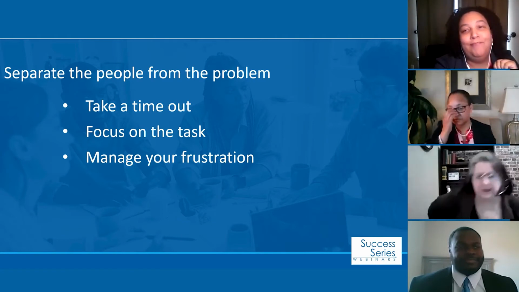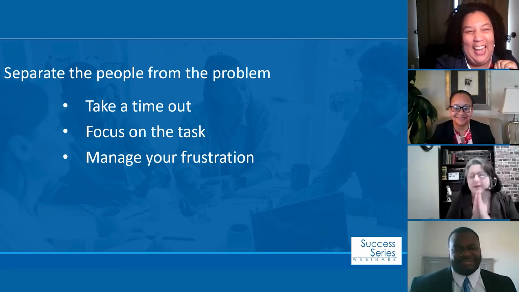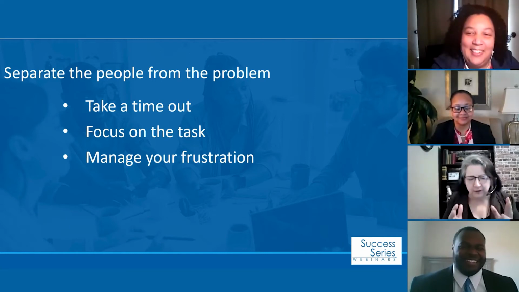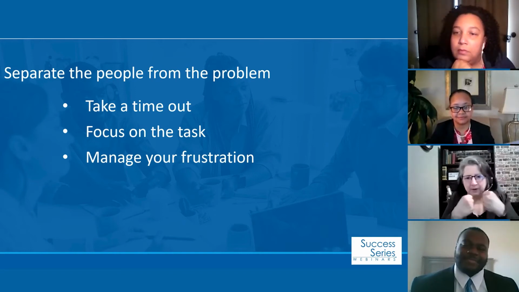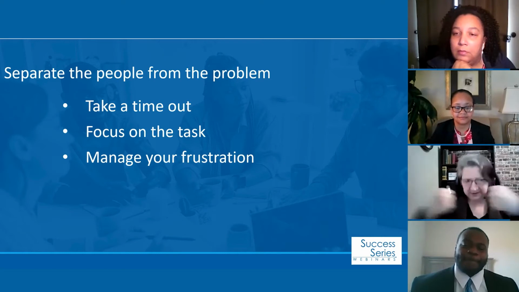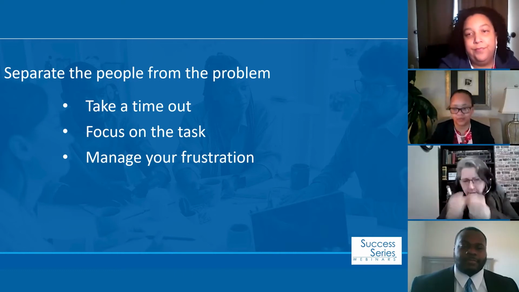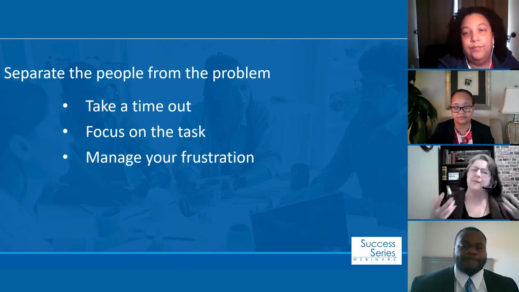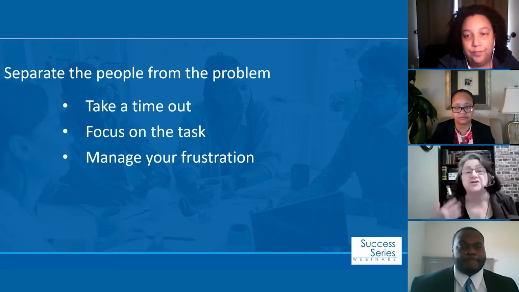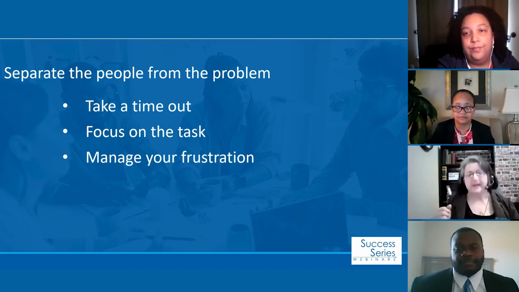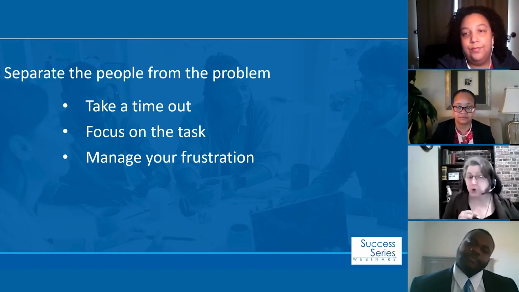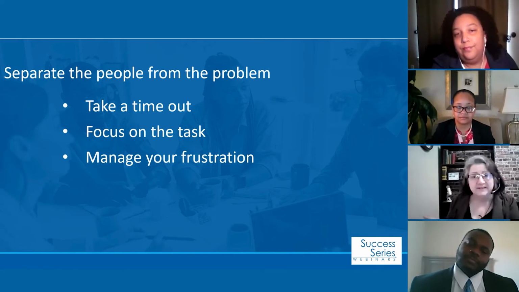Oh, absolutely. To separate the people from the problem, first of all, remember that the problem is over here and the people are on the other side. What we're trying to do is make it where it's not us against the other person. Instead, it's both of us against the problem. And if we focus it that way, we actually get on the same side and we can start using that teamwork language. What can we do about this? How can we fix this? How can we make this better? Instead of going in there and saying, here's what you're doing that drives me crazy, here's what I'm seeing. Let's see what we can do about this.